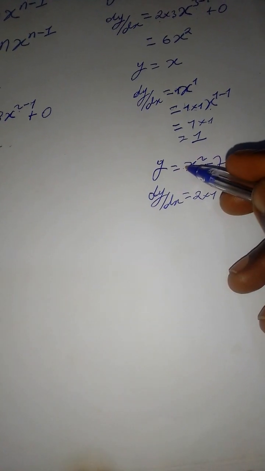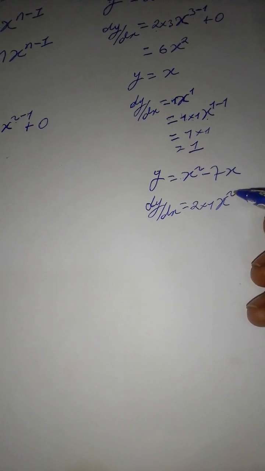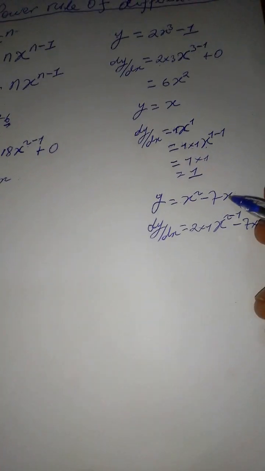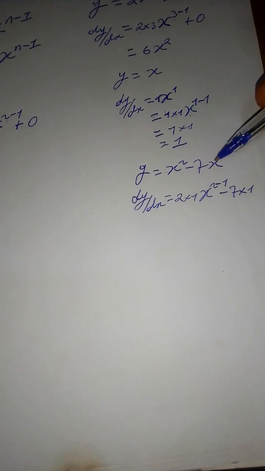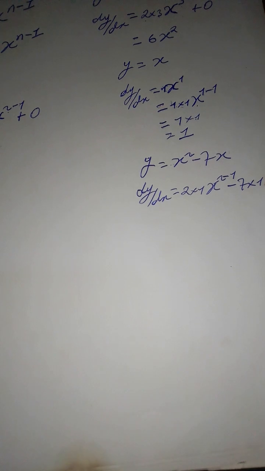So this is 2 times 1, because there is a 1 here, even though we usually don't put it, x squared. And what do we do? We minus 1 from the power. Minus, what do we have here? 7 times 1, because we consider that there is an x raised to the power 1 here, even though when it's raised to the power 1, we don't put it. We saw that from the previous question. So negative 7 times 1, x raised to the power